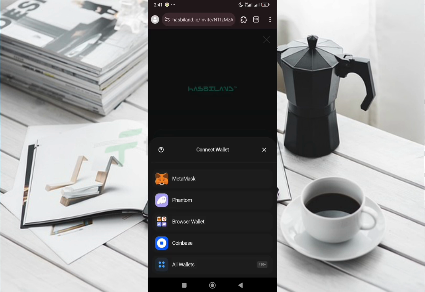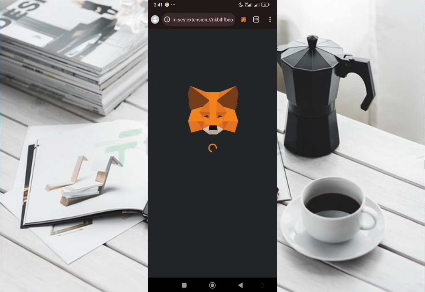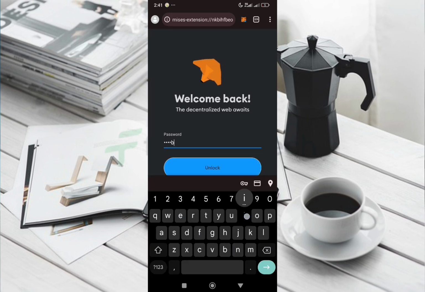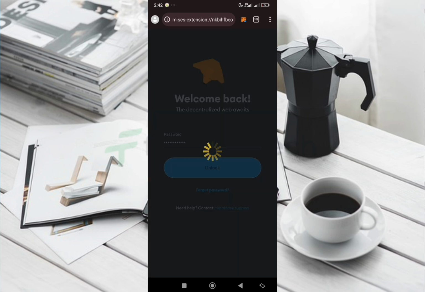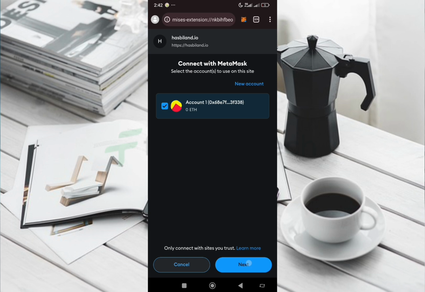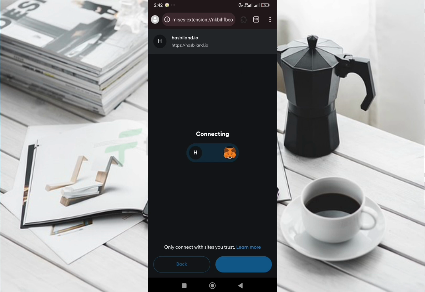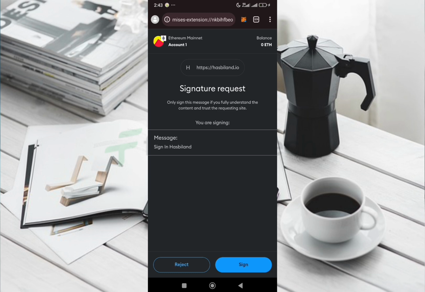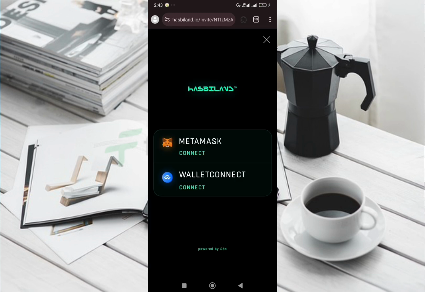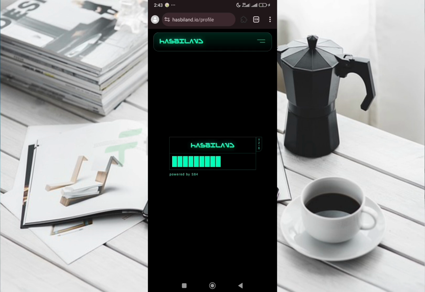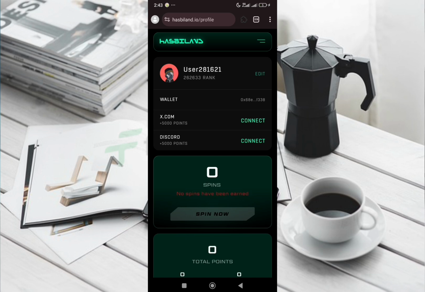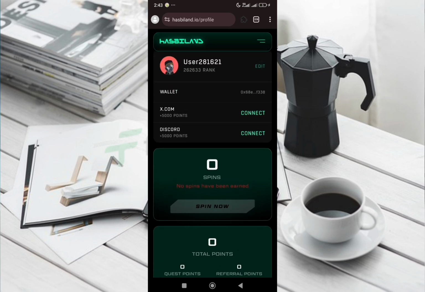Tap on MetaMask or Wallet Connect, then select MetaMask or Phantom depending on the instructions you are given on Telegram. This will connect your MetaMask account to the site, and then you can sign in and complete registration. Also, you can easily complete any Twitter or Discord task by clicking on the task and logging into your account